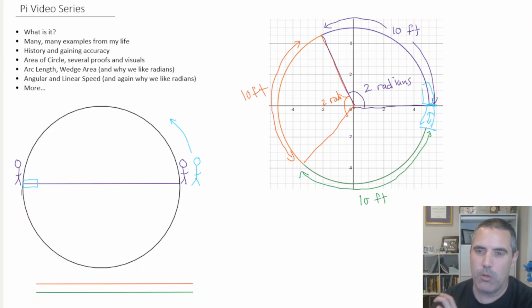And the observation is it's always the same number. So somebody said, well, let's just write it down and then we can use it in the future. For a long time, people just used 3, but you can see it's a little bit short. So that's it. I will follow up this video with several examples from my life, just measurements. We're going to discover pi. Pretend we just saw this for the first time, and I'm going to do so many measurements. And my hope is you'll do a bunch. And at some point we'll be like, okay, I think we believe this, but I'd like to overwhelm us with measurements, fun measurements, before I actually get into the history.